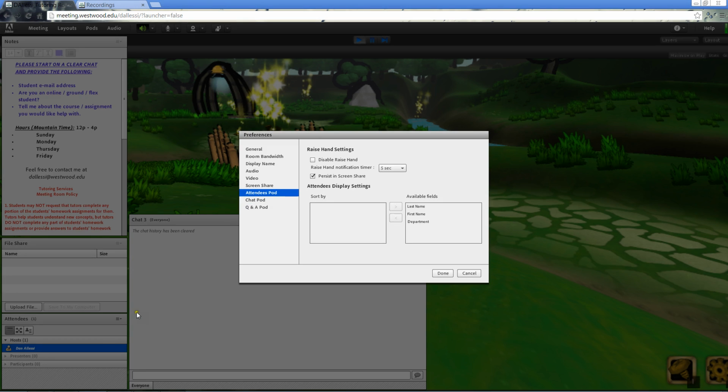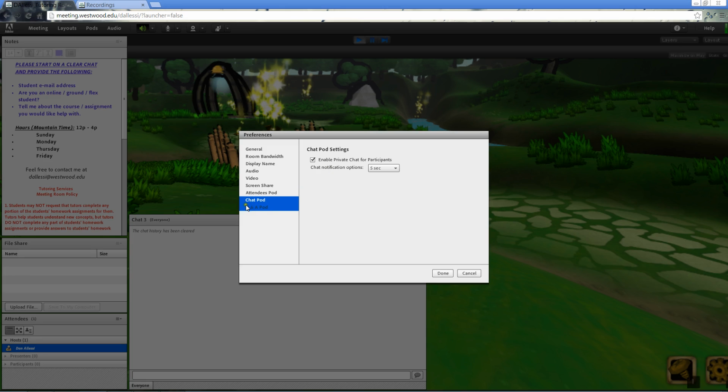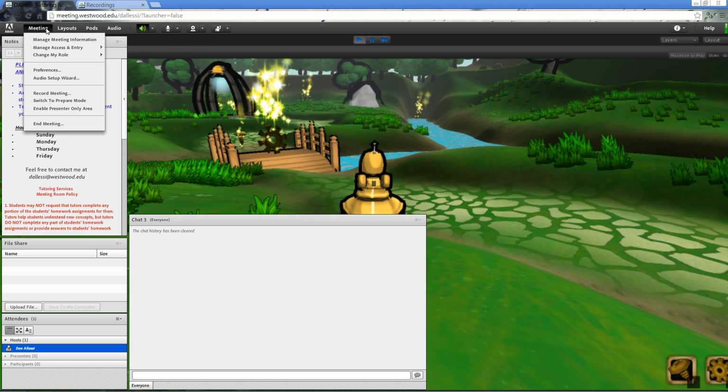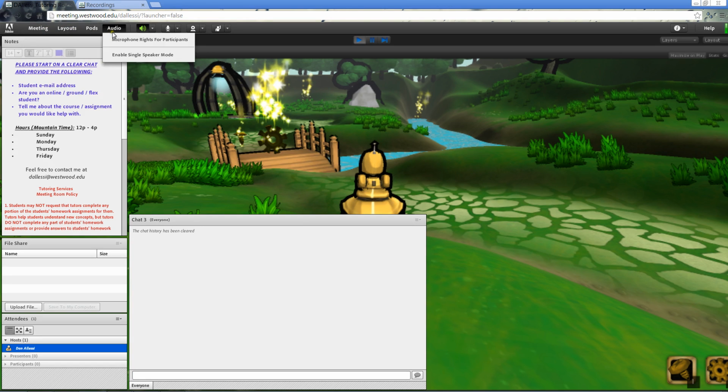You can decide what you want to do with the attendees. Chat pod, you can allow them to enable a private chat, so maybe a student wants to talk to you and not have it be seen by the other students or whoever's in the room. You could do that. You could also set chat notification times. And then you can also show names if you'd like on the Q&A pod. And then finally, on the audio settings,